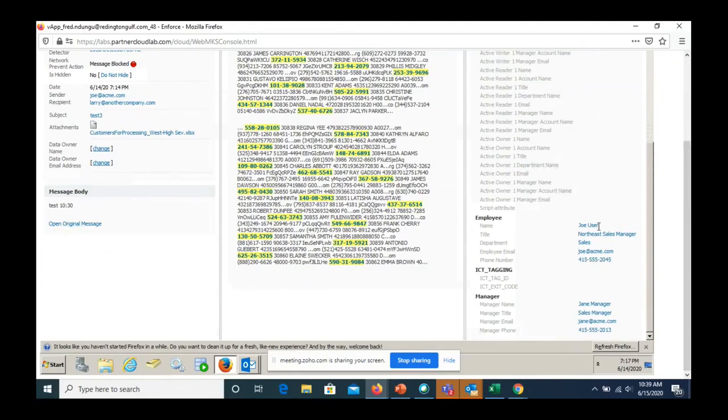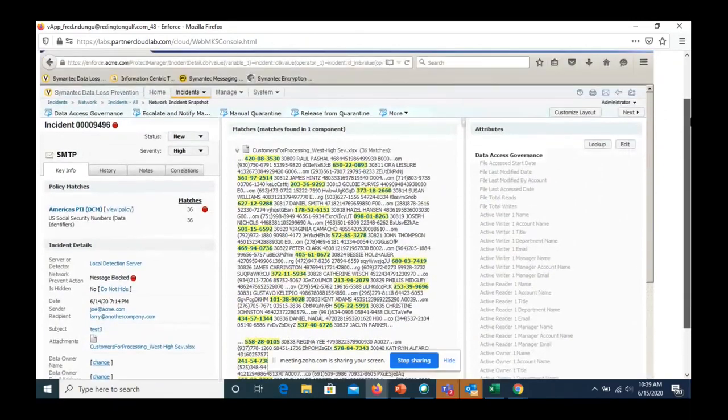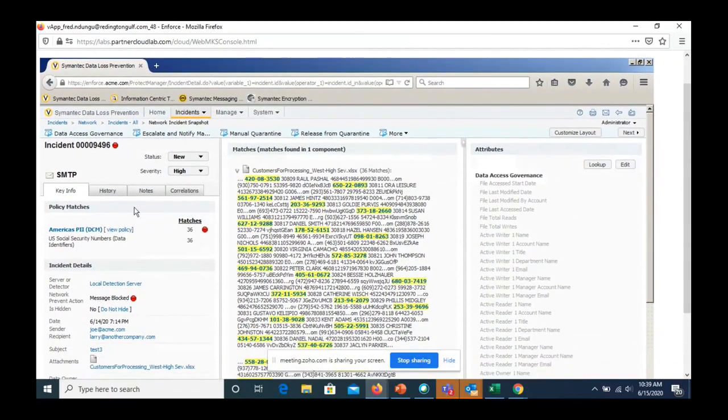The employee who was sending it is called Joe. Joe's boss is called Jen. So I can see which department Joe is in, who's the sales manager. I can see it from this portal. So what do I do as an IT administrator if I find this request or this happening? What I do is I can decide that, most of the times, this data does not